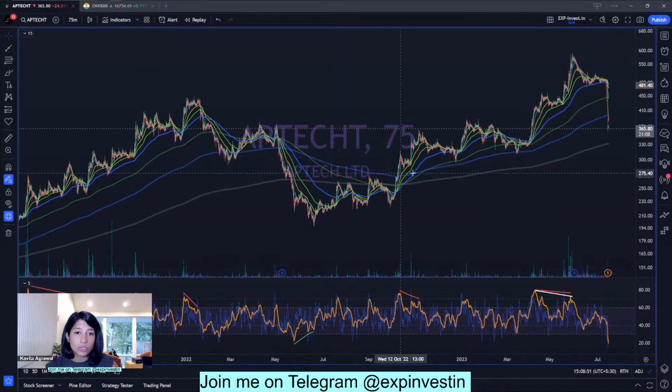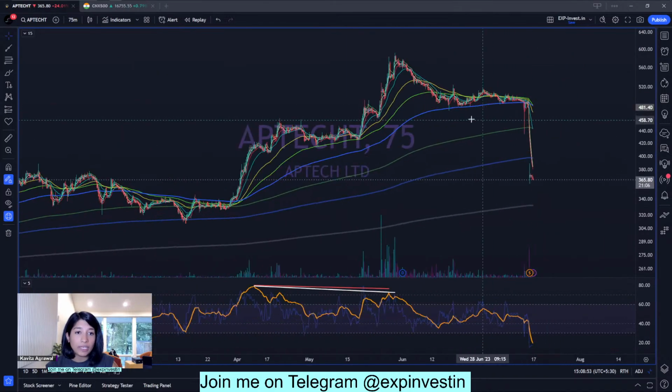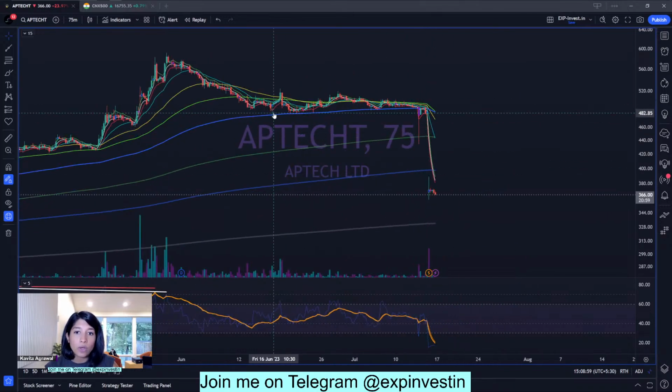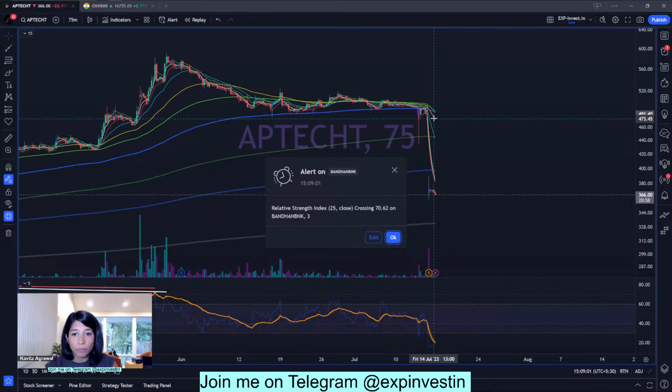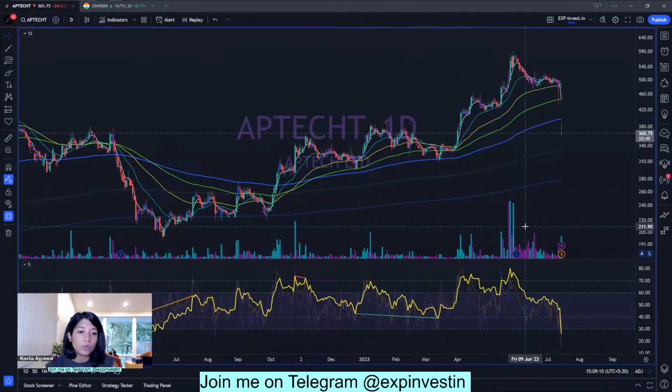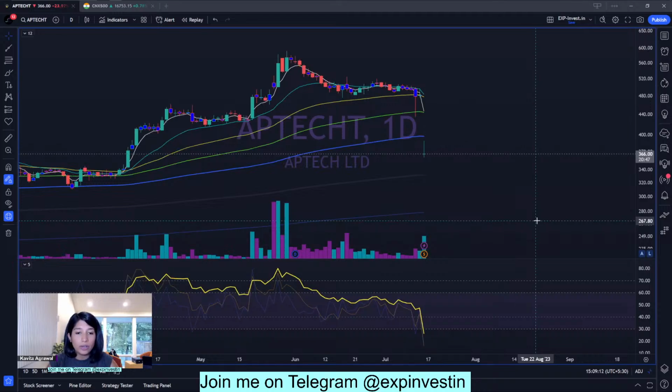Here I can also see on the 75-minute time frame, it did give the impression of taking support, but then it broke this level. So anybody who had taken a position, if they had used a stop loss, they would have been saved. If not, then today they're probably facing, oh, okay, so this is basically actually a split. Okay, no wonder it didn't make any sense on the chart. So this is a split and the chart is not adjusted yet.